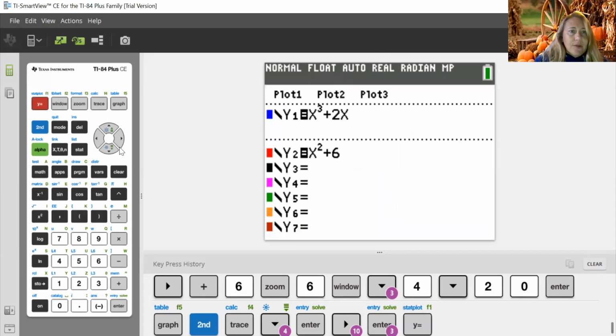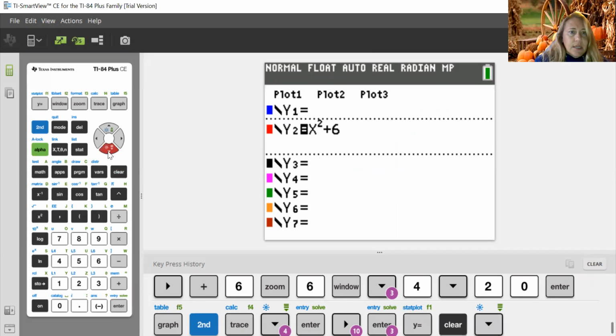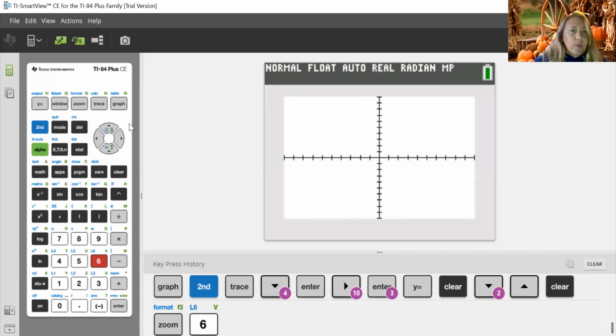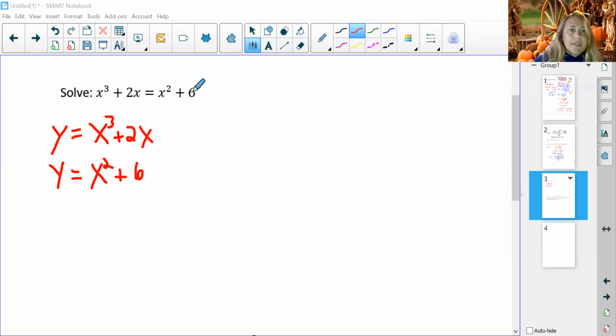Let me go back to my y equals, just clear these out. And clear, go back to my window and do a zoom 6, so I'm back in the standard window. Okay, let's go back and look at another possibility. Another possibility would be to take all my terms over to one side and set this equal to 0. Okay, by bringing all the terms to one side. And then what I'm doing